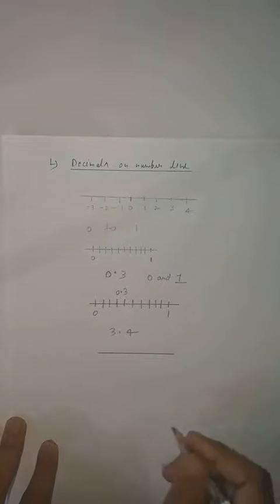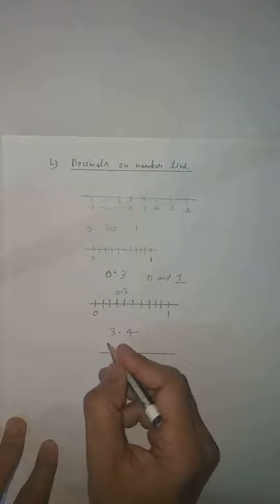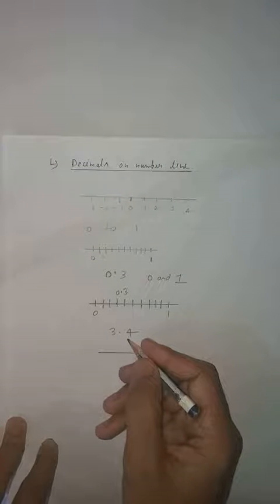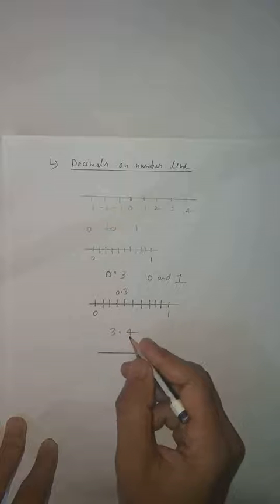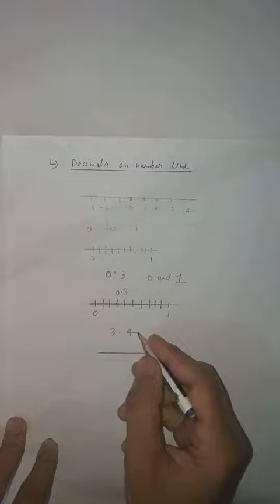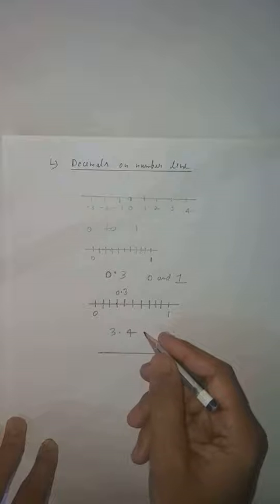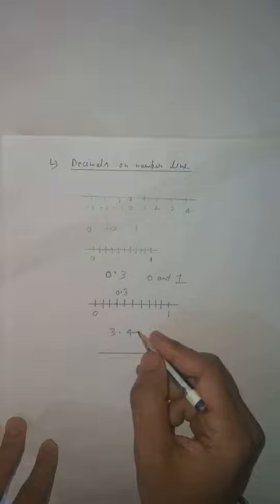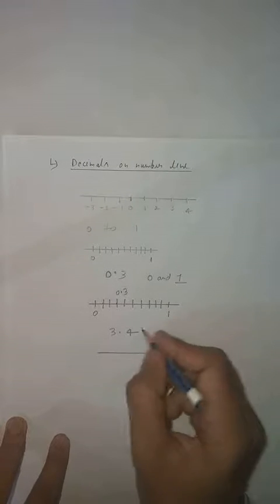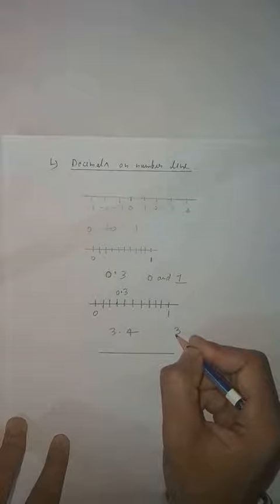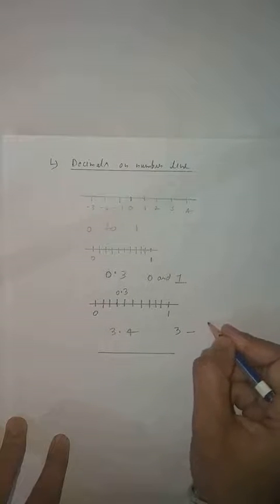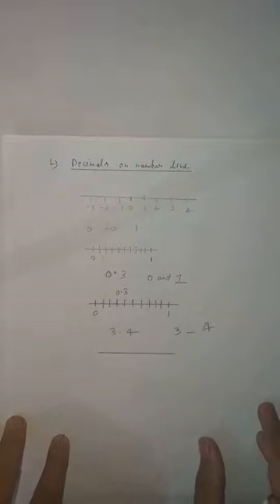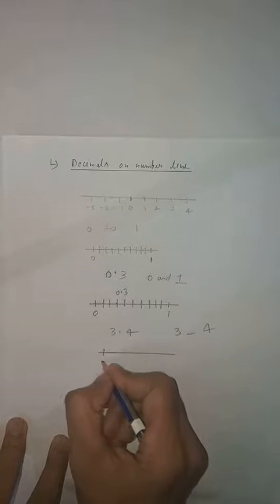Clear, student? So 3.4, student, you know that 3 is given, start from 3. You know that 0.4 is given, it will be lesser than 4. It is clear, because 3.4 is given, so start from 3 and 0.4 is given. So definitely it will lie under 4, because even 3.6 would lie under 4, because 3.4 means start from 3. Okay? And 4 is given, so it will come under 4. Not more than 4. It will come under 4.